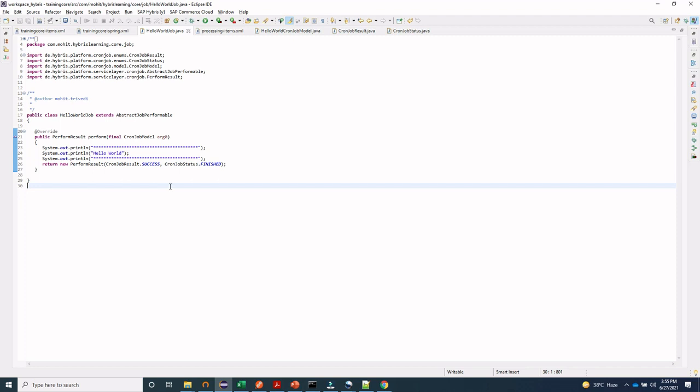And apart from this, here we have to create the classes and everything in order to create a cron job, but there is a scenario where, using Groovy scripts, we can create a dynamic cron job. So using scripts as well we can create a cron job. In the upcoming videos we will see that as well.